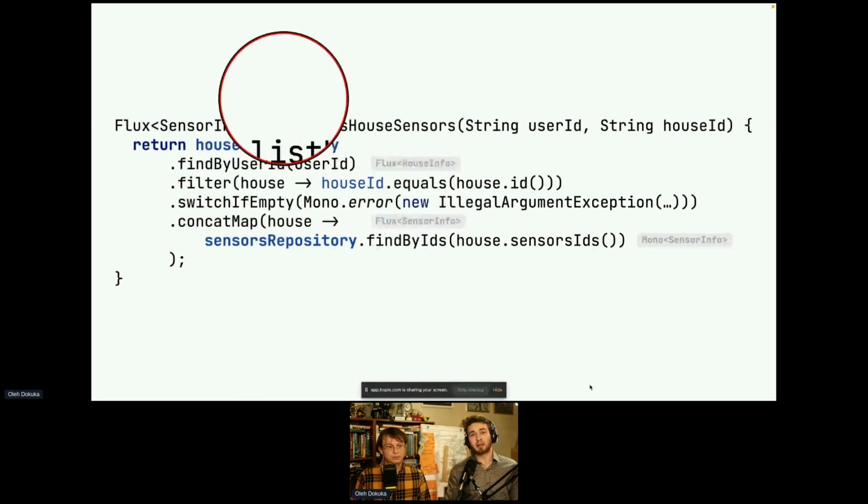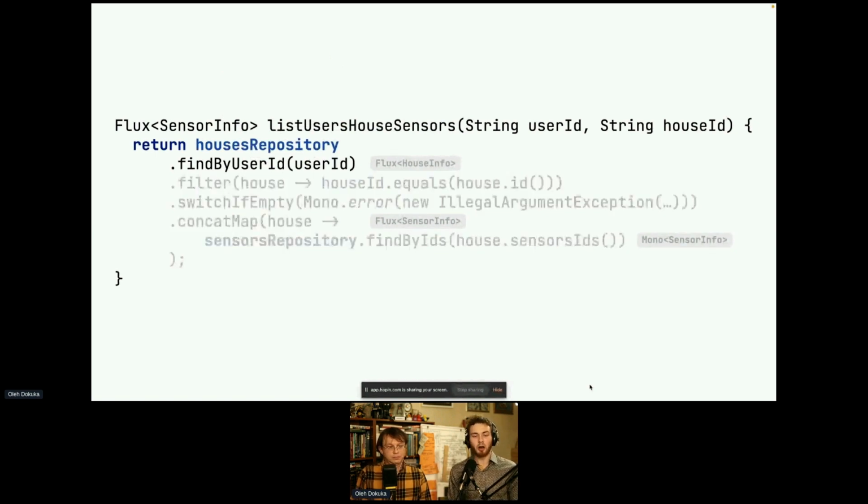Yeah, we haven't seen the CompletableFuture implementation, but this is just the first bit. And here we call findByUserId, and this method should return a Flux of HouseInfo. Stop. Where should the Flux of HouseInfo come from? Well, it should be supported by a reactive driver, like R2DBC, or Spring has reactive repositories. So I expect that we have integration with such. Okay, you are lucky if you have.